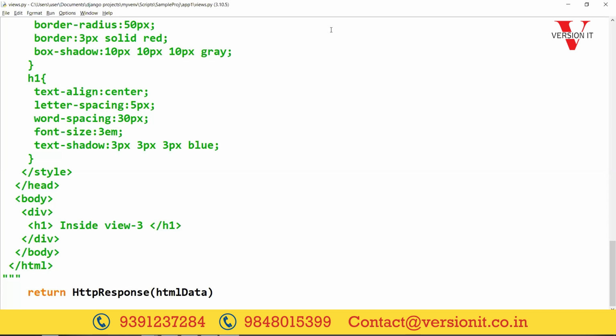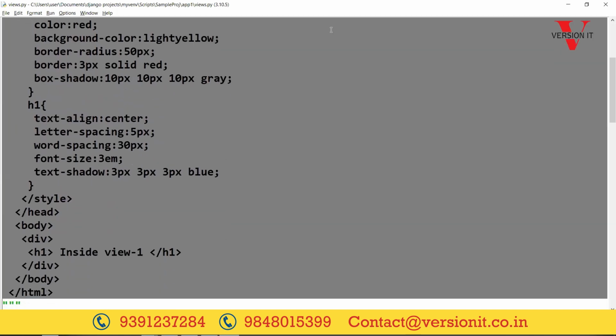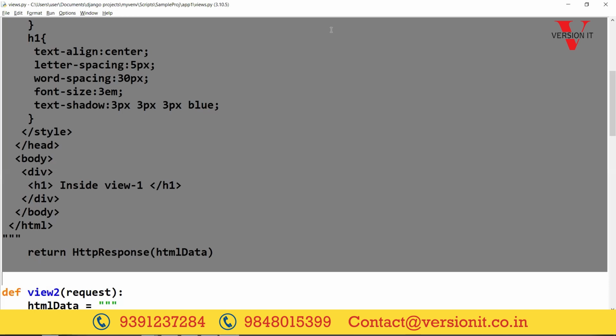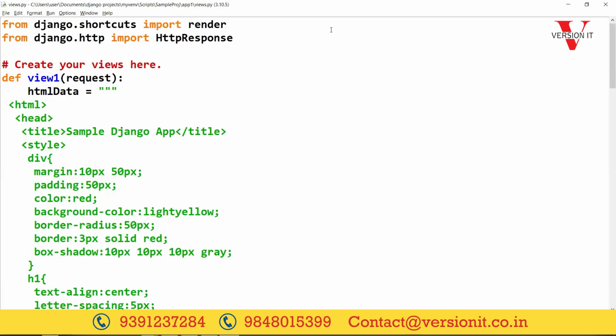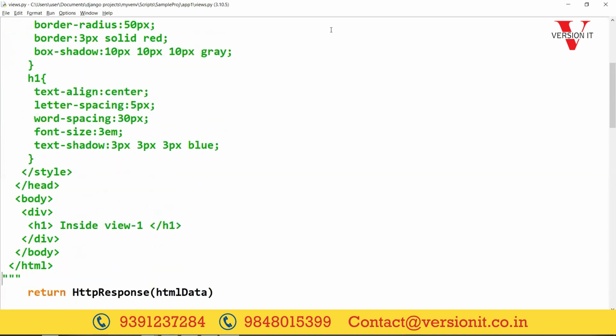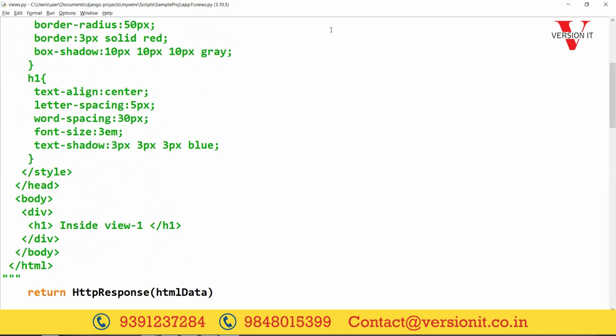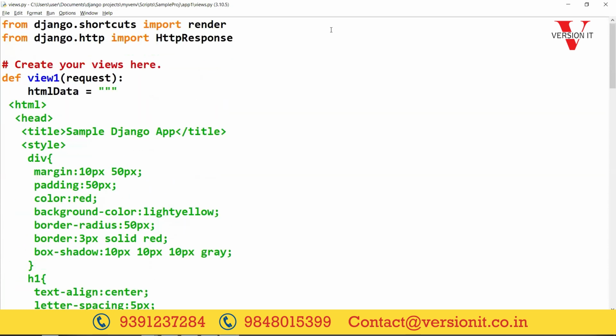So when we are creating multiple views like this, and in every view you want to write such lengthy HTML code, it will make your file more clumsy, more complex. You start the variable here, the variable ends, and then you write return HttpResponse, and I want to write the complete HTML output inside the view. If there are some 50 views available,